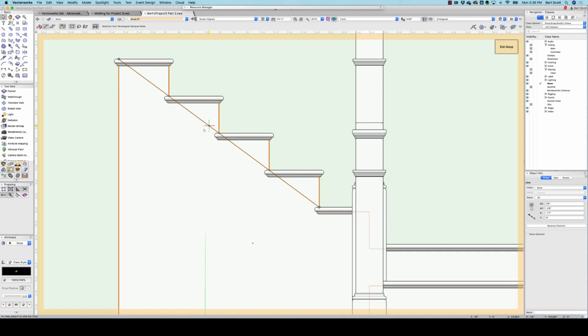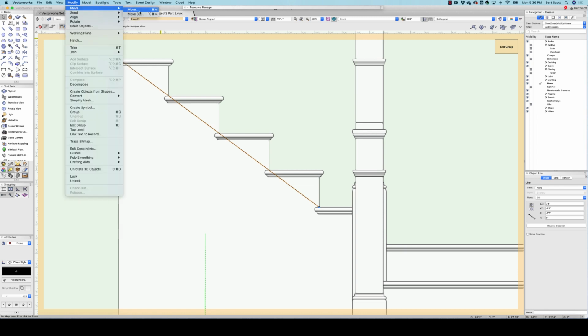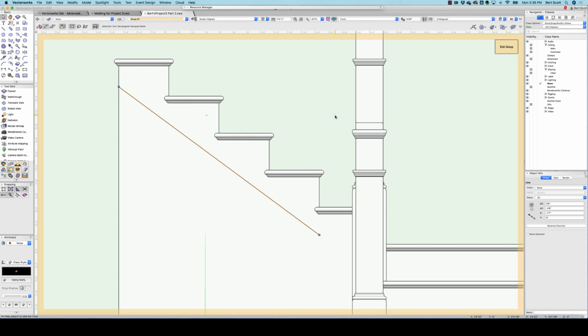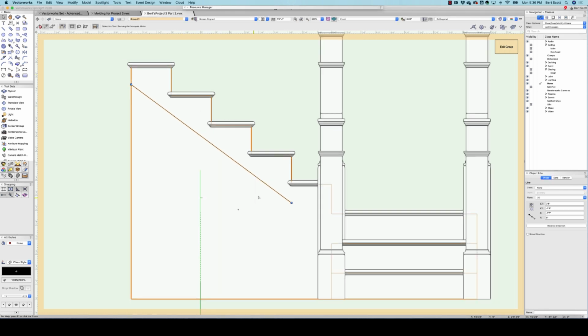And then I'm going to decide how thick this molding is. I don't remember, so I'm going to make a guess that I need to move this down 6 inches. Let's see. Model, modify, move, -6. Okay, yeah, that looks good. So then I'm